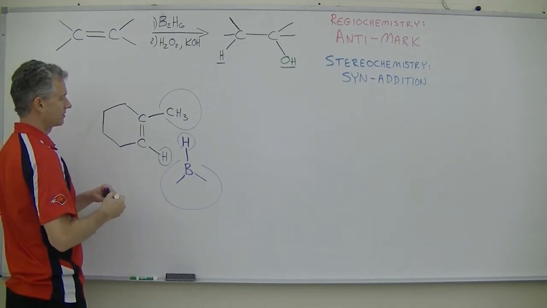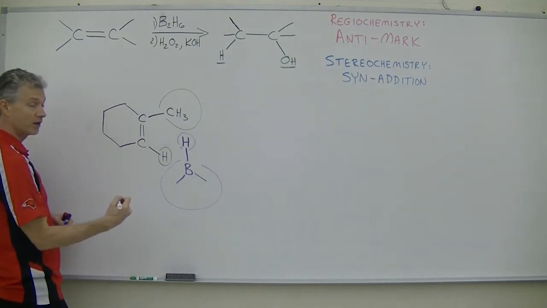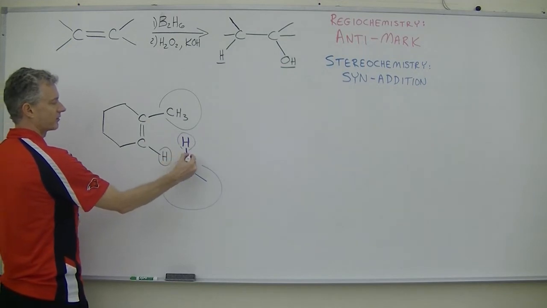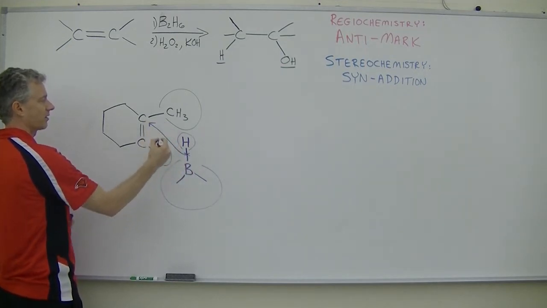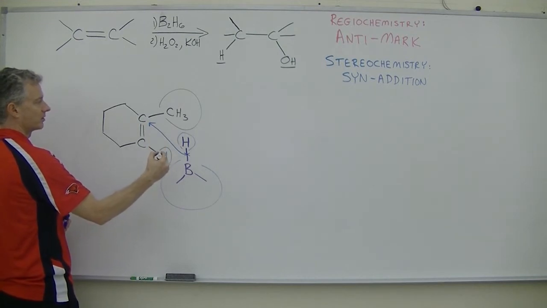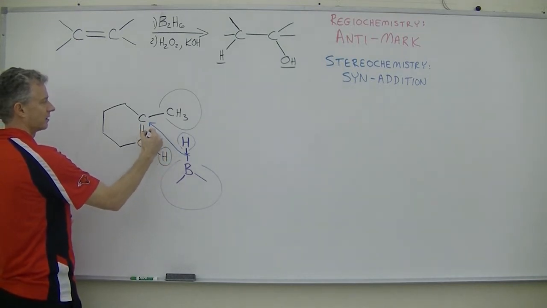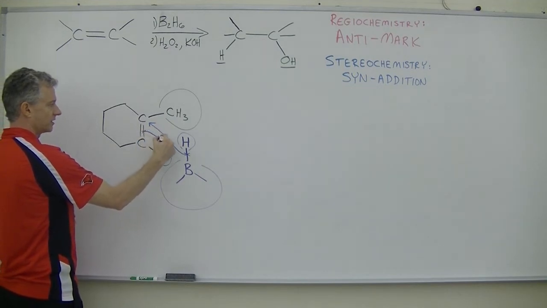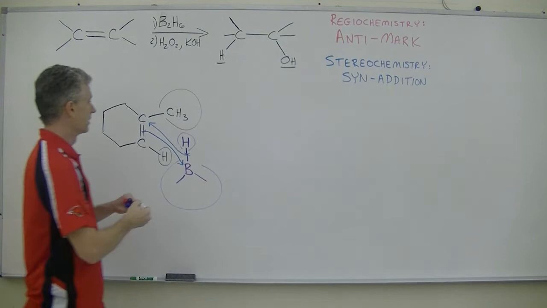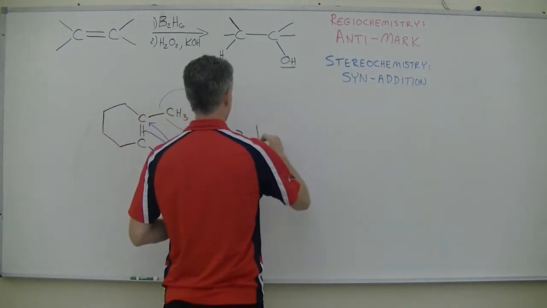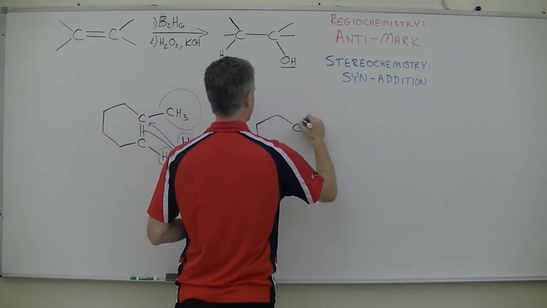What we have next then is called a hydride transfer, which is essentially fancy talk for this hydrogen taking its pair of electrons, moving to make a carbon hydrogen bond, and then the pi bond simultaneously breaking, reaching out and connecting to the boron. That will give us, after this step, we've added